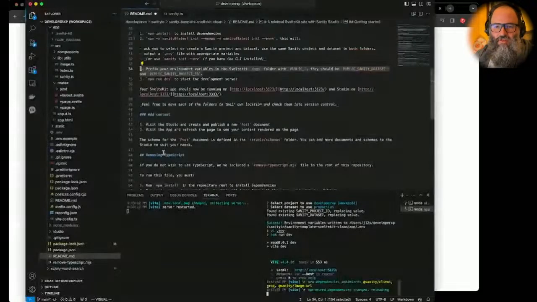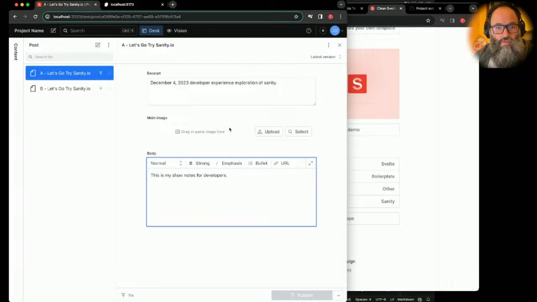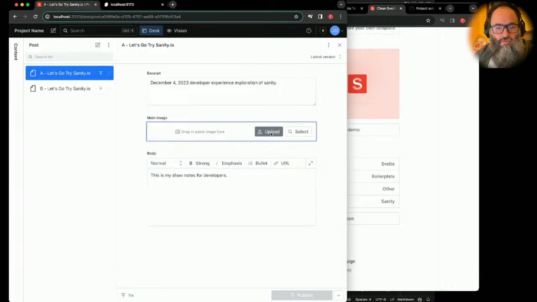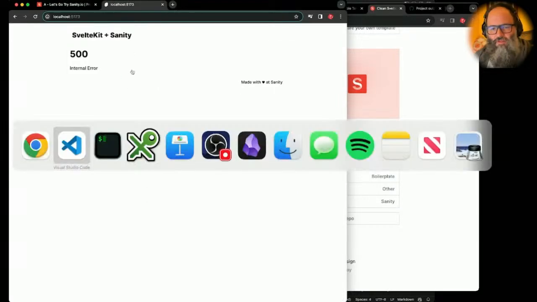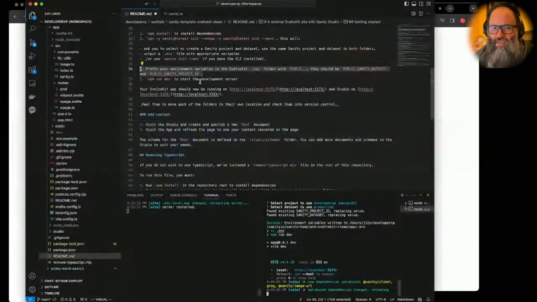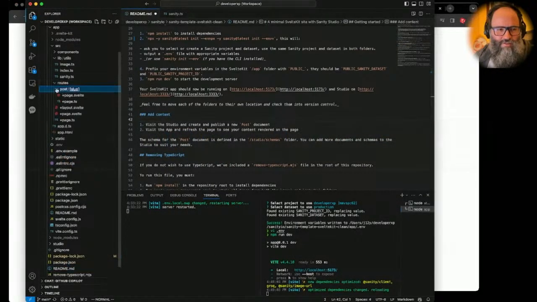Yep, I still get an error. So maybe it's the missing images. I could do an image or something like that and see if that fixes it. But again, maybe my objective is not to get this template to work. I think it was to get a feel for how it all behaves. So I do want to see exactly how this is actually working